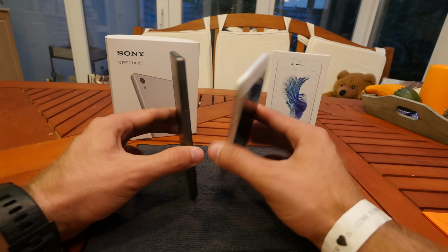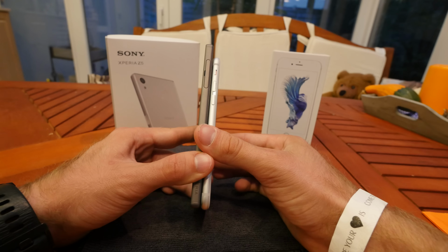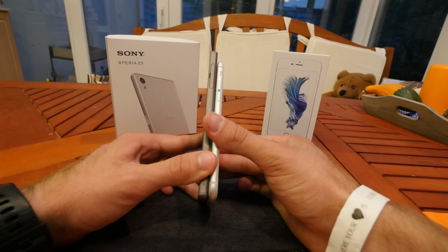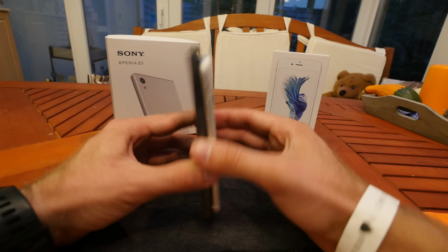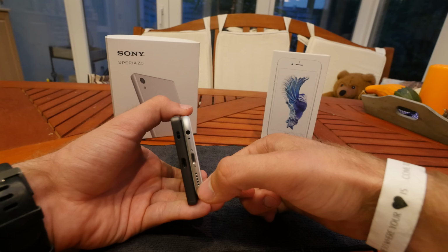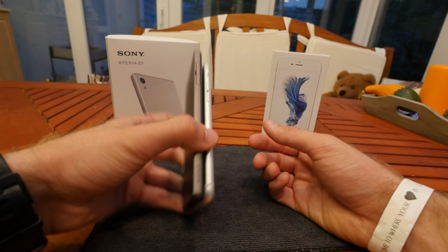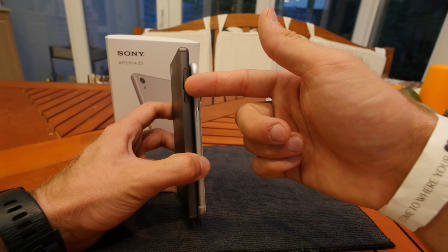7.3 millimeters in thickness, 7.1 on the Apple. So you can see that they are both about the same thickness, but the Apple seems always slimmer since it has these round edges, which just makes it look a little bit better, if you ask me. So otherwise on the bottom, USB ports, a headset jack, speaker, and the Sony has here the little space for just something that you can put around your neck or your wristband, nano SIM card slot, and a micro SD